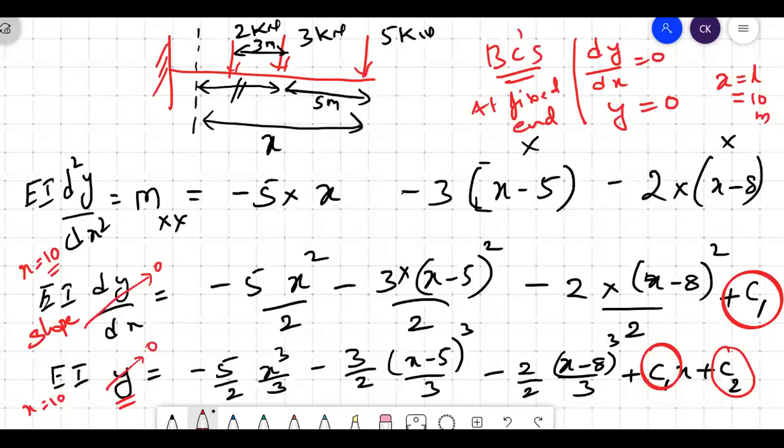I need to find the deflection at the D point, that is at 5 kilonewtons. Substituting x is equal to 0. After finding C1 and C2 values, after substituting them, substitute x is equal to 0 to find the maximum deflection, Y max. Substituting the C1 value and C2 value and x is equal to 0, we will get Y max.